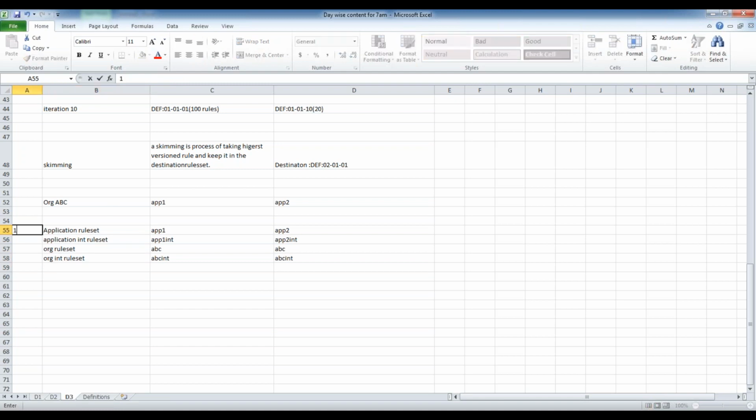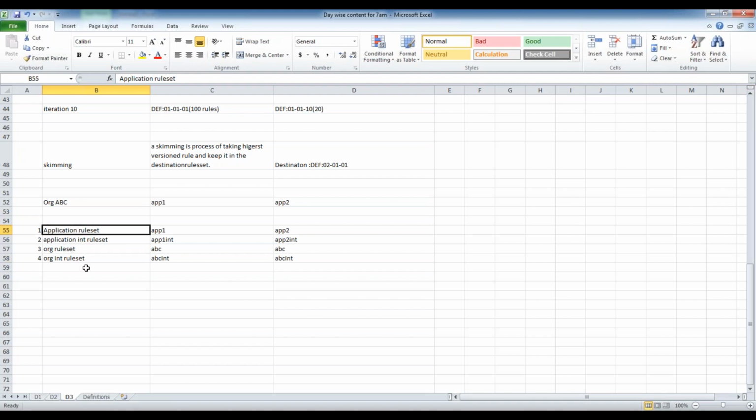Generally, they will be given numbers in the system. I will show you that one. 1, 2, 3, 4. Whenever you create the application, the system will create these rule sets. We don't need to modify them, and the stack is also prepared like this when you create the application.